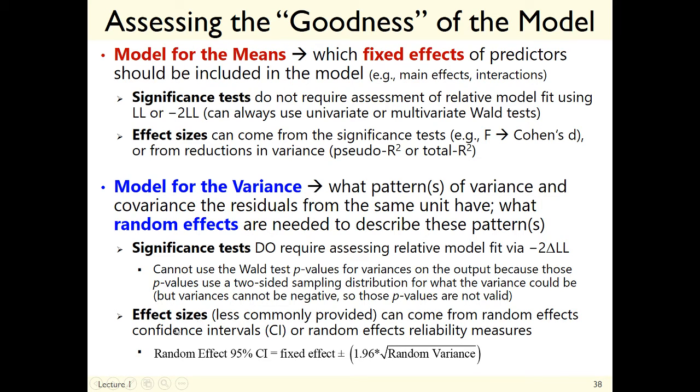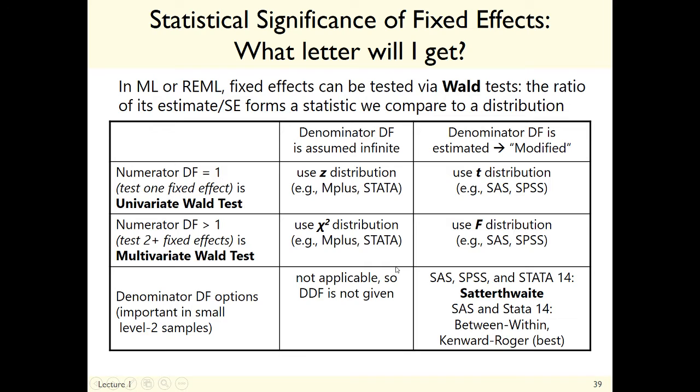So that's what I would do if you're trying to give some kind of version of effect size for a variance component. The significance test that you do is not an effect size. It's just a test of whether or not the new random variance is different than 0. So the letters that you get on your output, this is another way that programs will differ when you're testing fixed effects. In small samples, meaning small level 2 samples, you are going to want to use some kind of